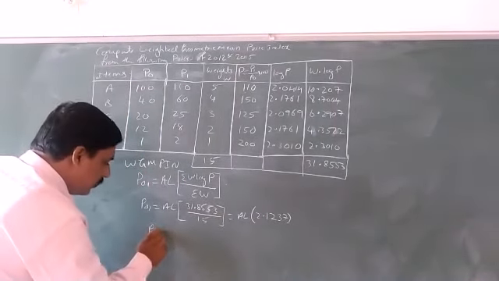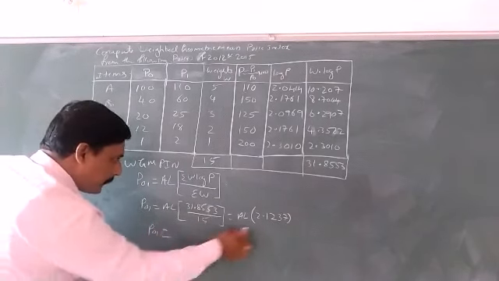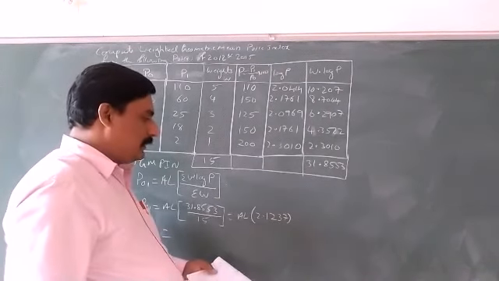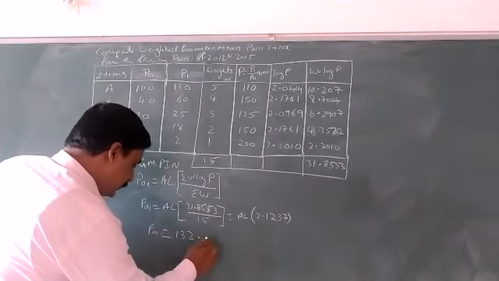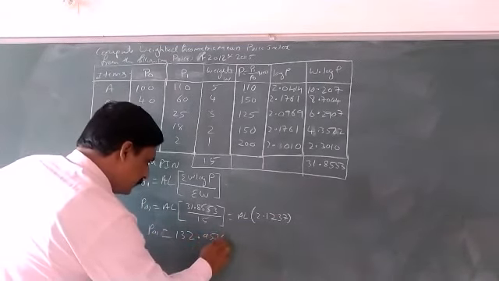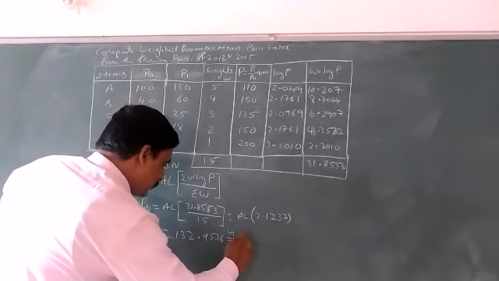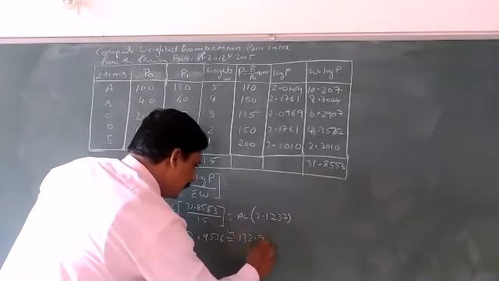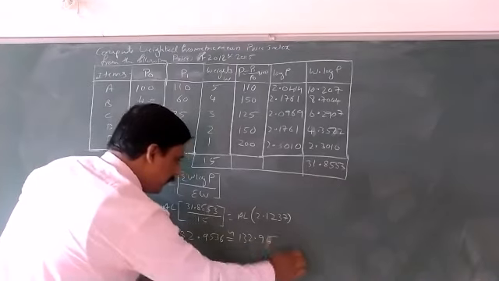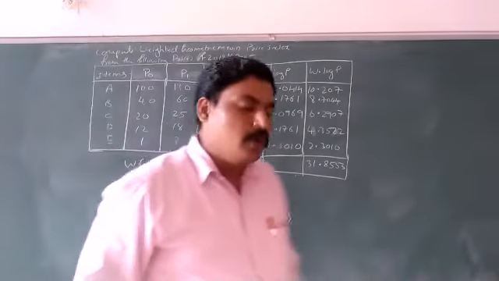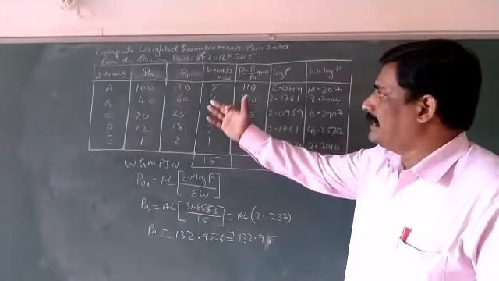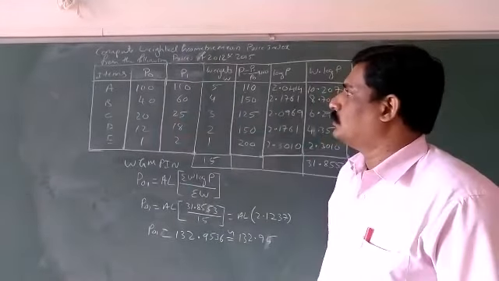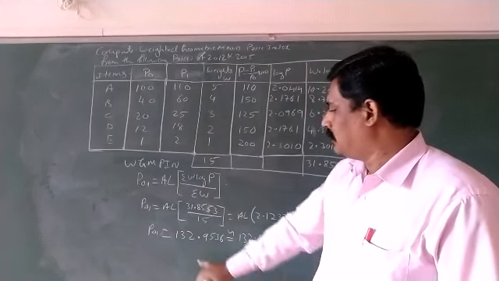So antilog of 2.1237 is 132.9536, approximately 132.95. So the weighted geometric mean for the prices in the year 2012 and 15 is 132.95,